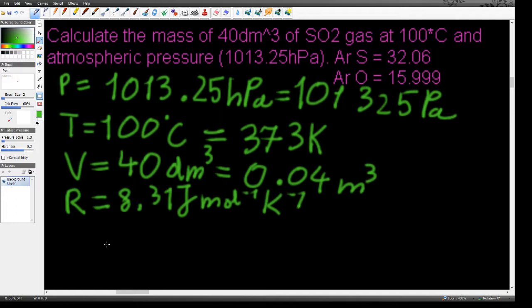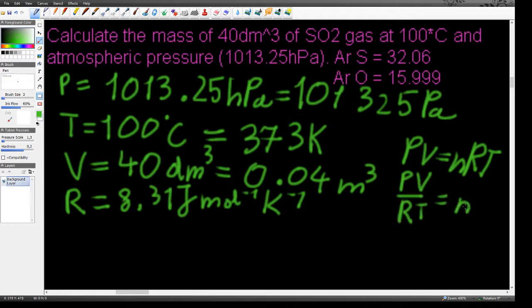Okay, and we know our equation, PV equals nRT. What I'm going to be looking for is really the number of moles, right? So PV over RT will get me the number of moles, n. And now we can actually get the equation, so we can say that n, the number of moles, is equal to PV, so our pressure,